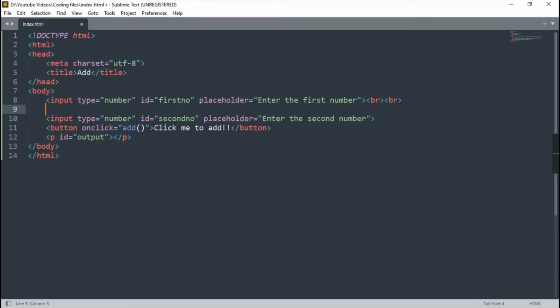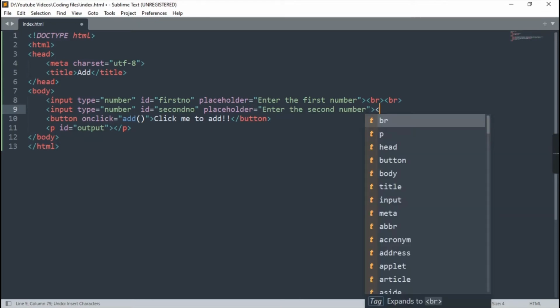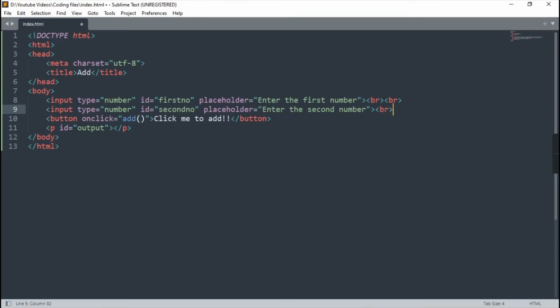Okay. We are not adding CSS to make it more beautiful, so that's why I'm adding BR tags. It's your wish how many BR tags you want, but keep it limited, or else it will make your website too spacey. Okay.